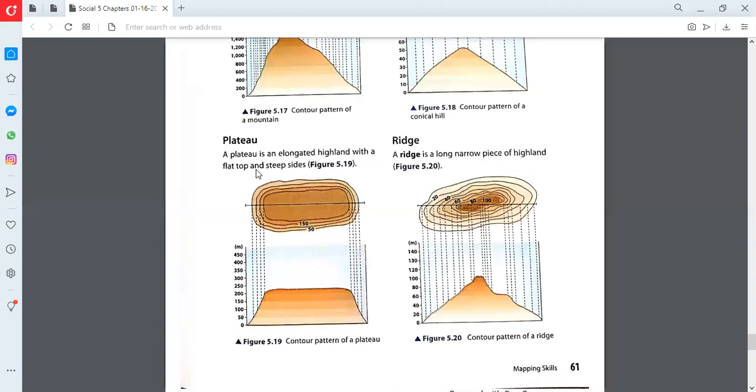Someone is asking what the meaning of contour is. Saif Hani asked this question. Contour means a line or an outline which is used to represent the shape of something on the map. Contour is an outline or just lines used to represent any shape or building on the map.